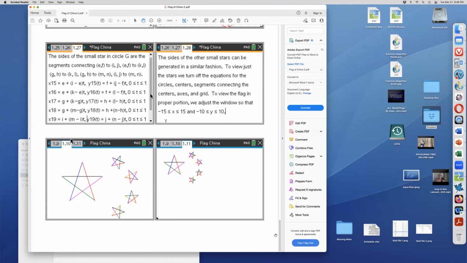the second quadrant. And then finally, we change the window so that instead of just going in quadrant 2, we double the y and x values to the right to show all 4 quadrants. And then that final slide is the geometry picture of what the flag looks like. And so